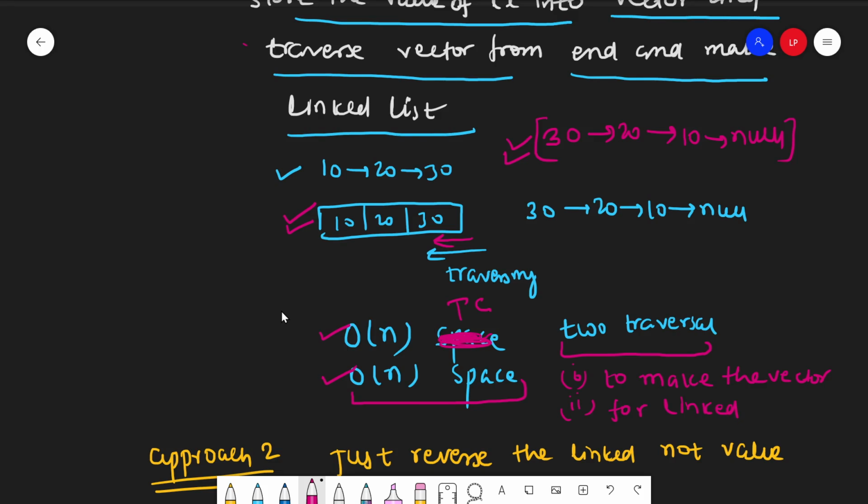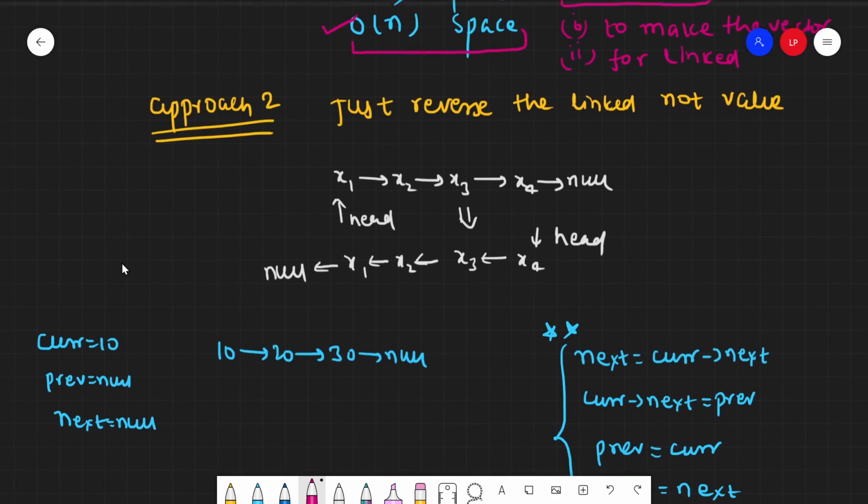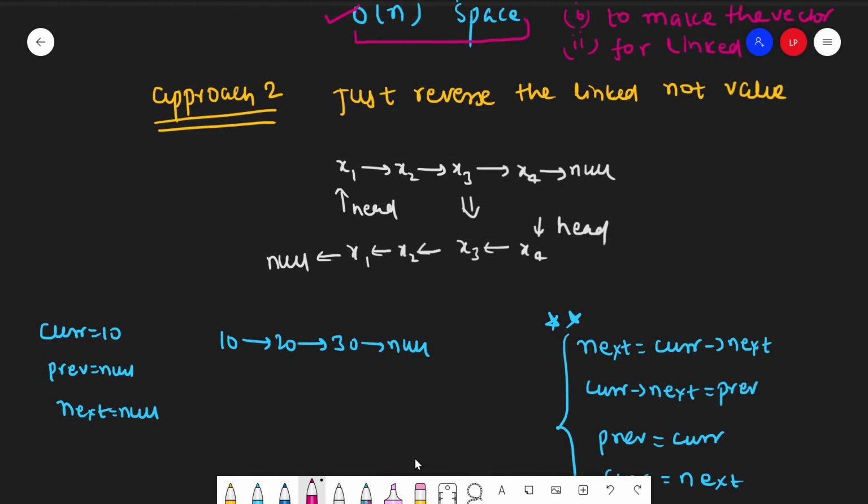Okay, so let's move to another approach which is more optimized than this one. In this approach, we just reverse the links, not their data or values. Initially this is our linked list, so we just reverse each link: this one to this one, and x3 to x4 changes to x4 to x3, and head is now pointing to x4.